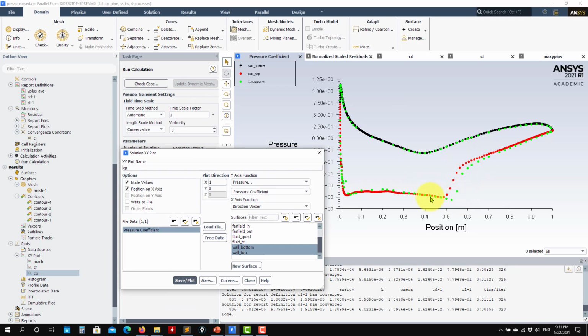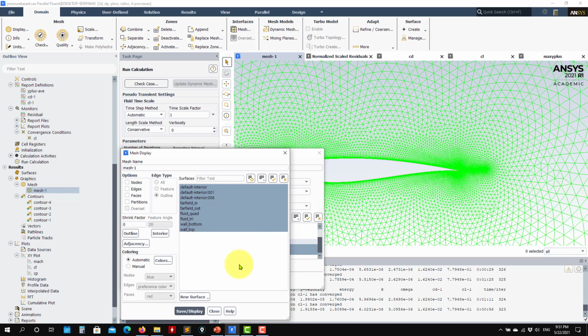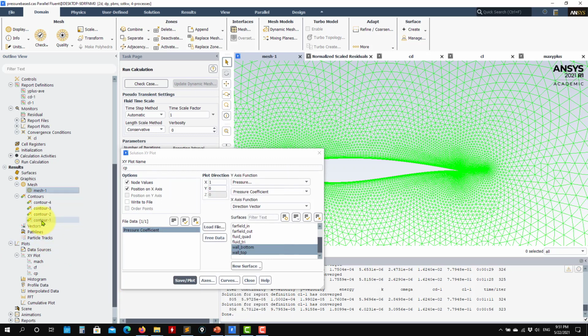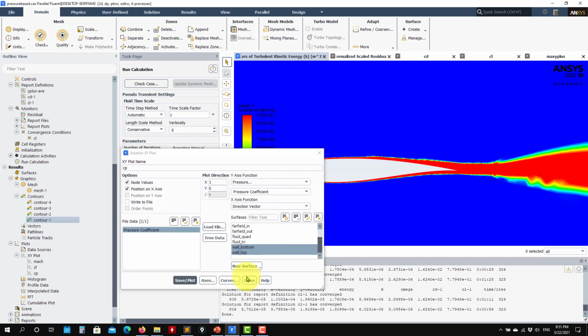It's set here where we have the shock wave, but there is a problem of mesh quality, okay? It would be better to increase the mesh quality precisely in this region where we have the shock wave. That is an exercise that I leave open for you, okay? Then also we can